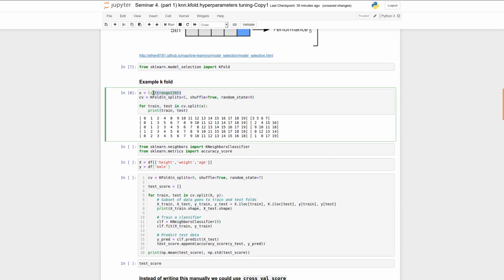We have a vector of values from 0 to 19, and we want to split it into train part and a test part into 5 train folds into 5 test folds. So we repeat procedure 5 times. We invoke a method called split. Here we define a Kfold. It defines as folding with 5 folds. We almost always should set the parameter shuffle to true, and random state allows us